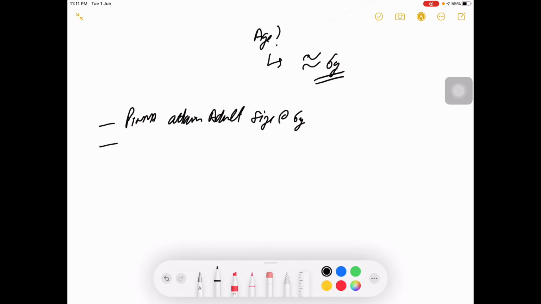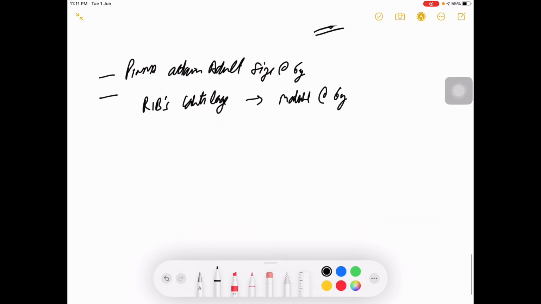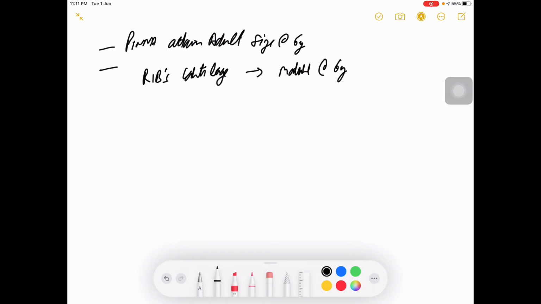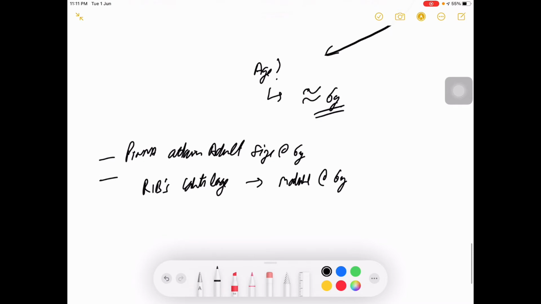Second reason is obviously that for plastic surgery we need a graft. In this case we take a graft from the cartilage of the ribs. These rib cartilages also mature at the age of 6 years. So that's again a reason why approximate age of 6 years is the best answer. Obviously you can take it as a range of 5 to 7 years for MCQs.